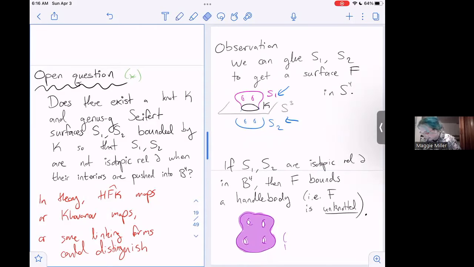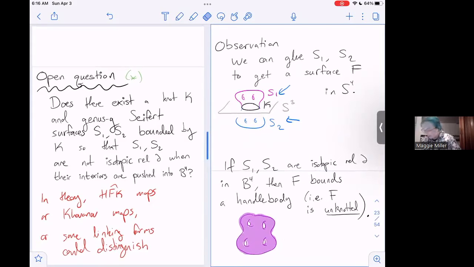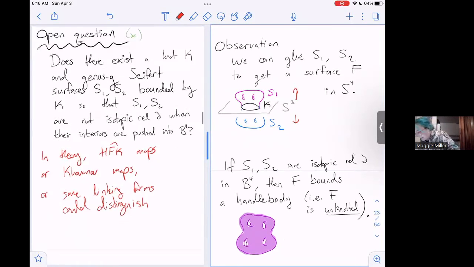One observation is that if I have my two surfaces, I can actually glue them together to get a closed surface in S4. So I'll just take S1 and S2, and I'll push one of them up in the fourth dimension and one of them down. So up, down, and then glue them together along their boundaries. And if those two surfaces are isotopic in B4, then that closed surface that I get is actually the boundary of a handle body in dimension 4,